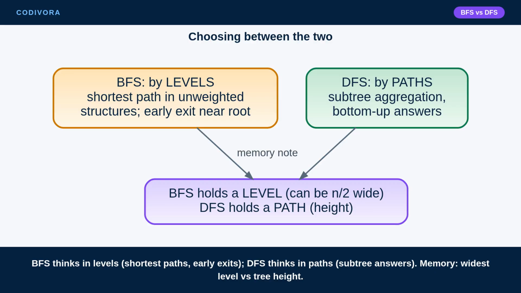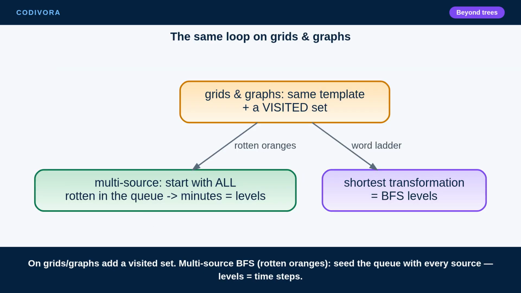In the memory note, interviewers like this: BFS holds an entire level in the queue, which in a bushy tree can be half the nodes, while DFS holds a root to leaf path, the tree's height. Wide tree, DFS is lighter. Deep skinny tree, BFS is. One sentence, easy points. In a preview of the graphs video, this exact loop runs on grids and graphs, with